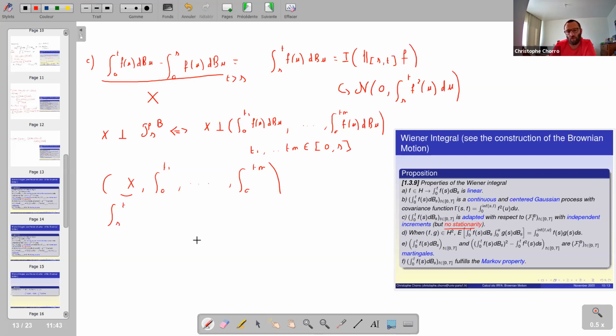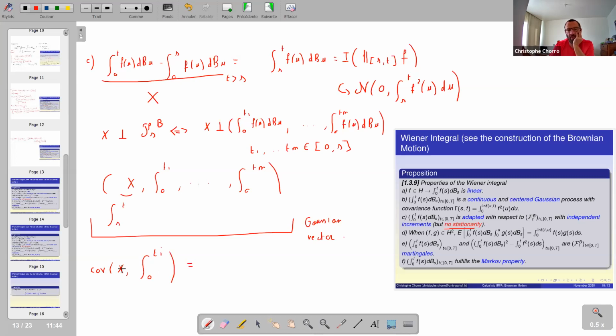What do I have here? I have the fact that here you have a Gaussian vector, because the Wiener integral process is a Gaussian process. And it's an exercise we have done in chapter 0. We know that in order to prove that the first component of a Gaussian vector is independent of the random vector made with the other components, it is sufficient that the pairwise covariances are equal to 0. So if I compute the covariance between x and the integral between 0 and t_i,